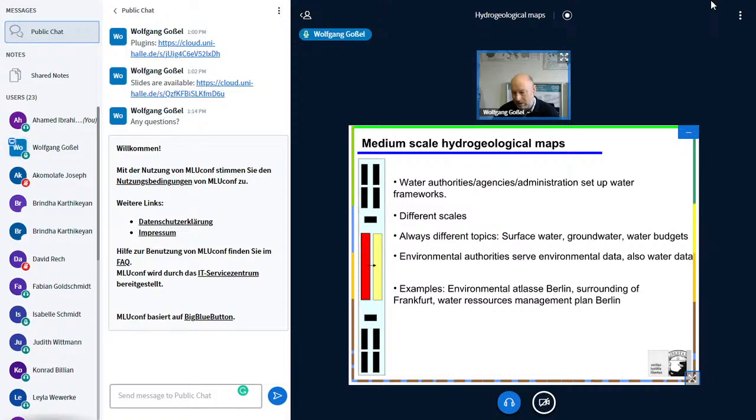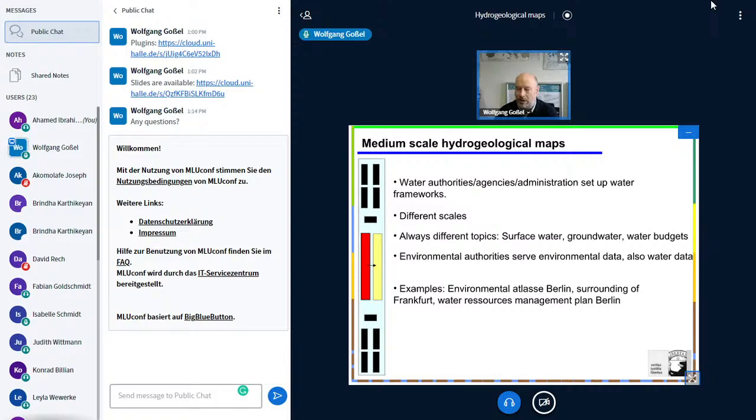Environmental authorities also have a lot of water-connected environmental data, but of course they will focus also on atmospheric data, meteorological data, and the hydrochemistry, the chemistry of the atmosphere, and they will also serve soil data and so on. This is not always what we want, but from time to time we have also good information there. Environmental atlases